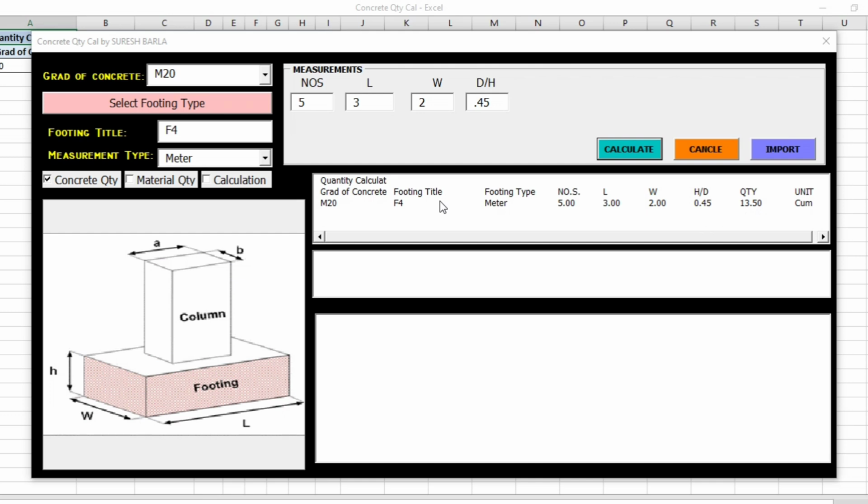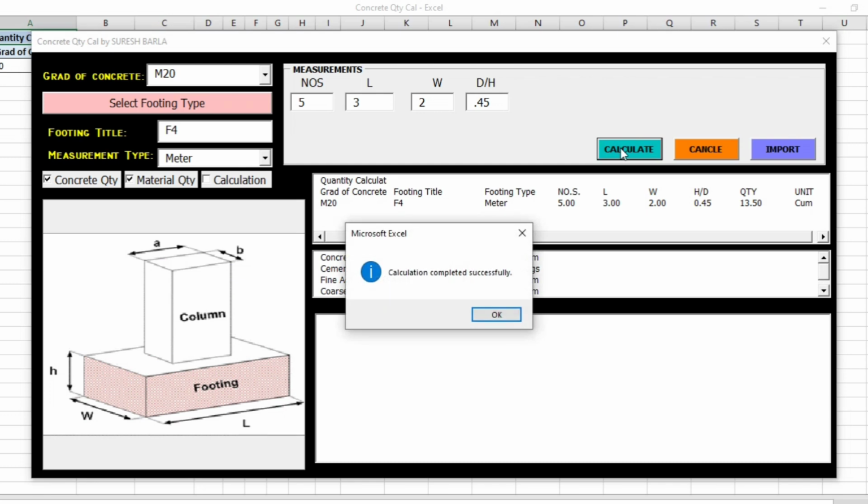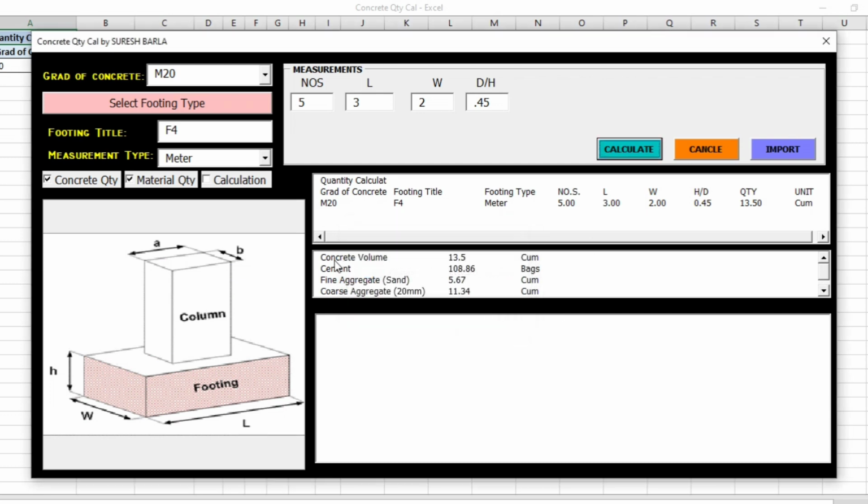What is the big deal in this? When we need quantities of this concrete, meaning raw material, how much cement, how much sand, and how much metal and water are required, then we just click on it and again go for calculate. So what it did, it gave the quantities here, like concrete volume, straight away it gave 13.5, here also 13.5, and cement